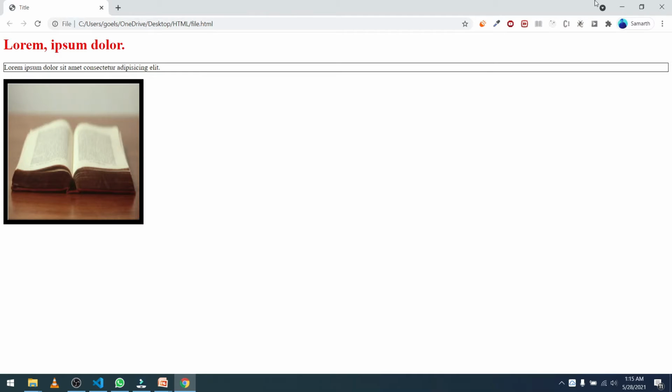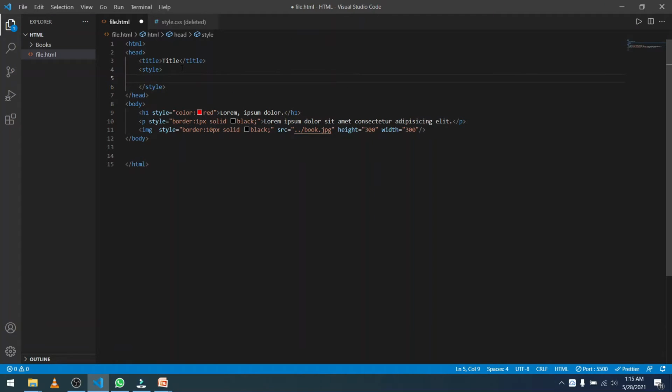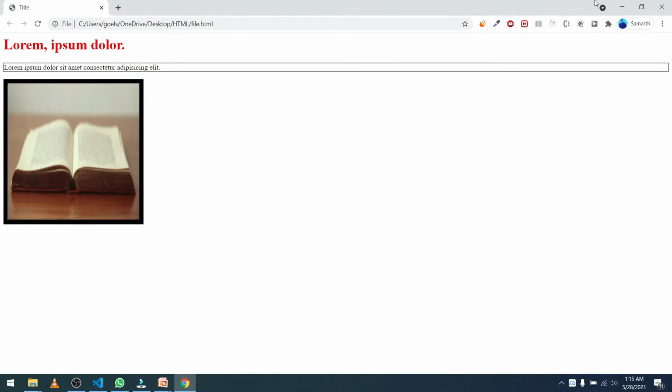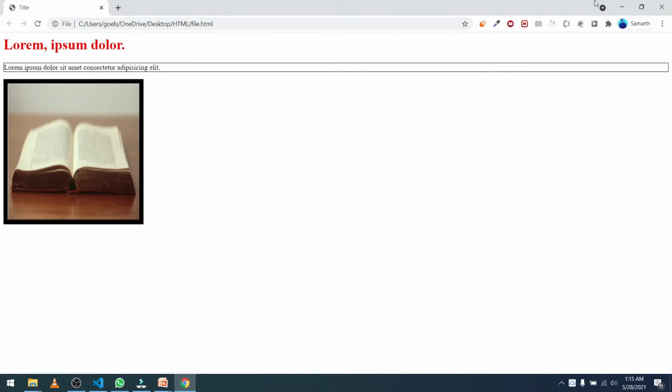So we use our second method instead. We place our CSS inside the HTML style tag, which is placed inside the head tag. Now we write pure CSS inside the style tag. Here we define the tag which we need to apply styling to. Here it's h1, and we open a curly brace and set the h1 color property to red. As we can see, we get the same result. However, since we have applied the color property to all h1 tags, if we define another heading with h1, see, we get the same result.